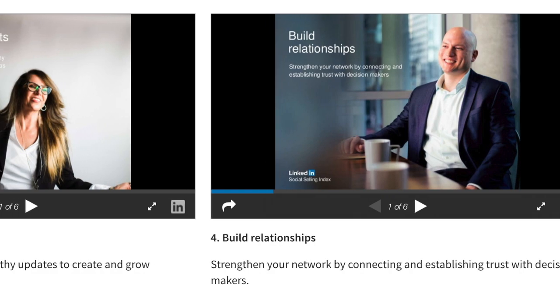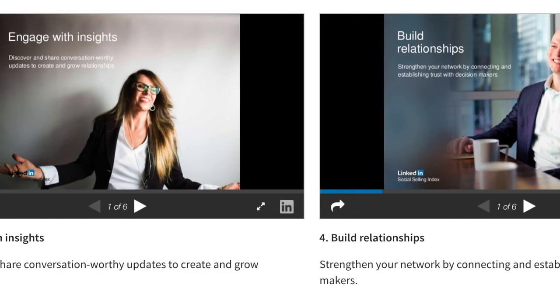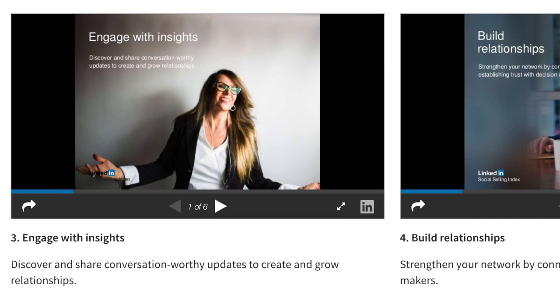The other element is building relationships with your connections. In terms of building relationships, it tells you whether you're able to generate trust among the people you are connecting with. It's really hard to build trust on an online platform like LinkedIn, but it analyzes the conversations you have with people. First of all, whether you have conversations with them or not, that's what relationship building is all about, right? And then what kind of conversation you're having. So it helps to analyze your profile in terms of whether you're able to build relationships with your connections.